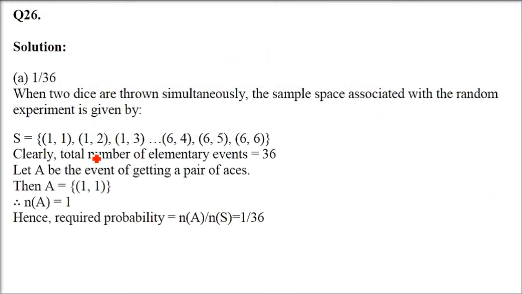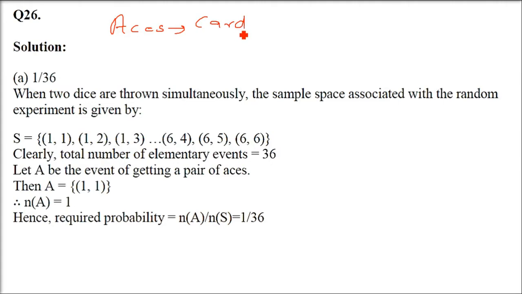Question number 26 here. 2 dice are thrown simultaneously. The probability of getting a pair of aces is. Now this is quite a confusing question. None of these you will answer. Why? Because at the first go, dice are different, and aces, we know the aces are called as the ikka or aces of cards. So how can you relate the cards with dice?